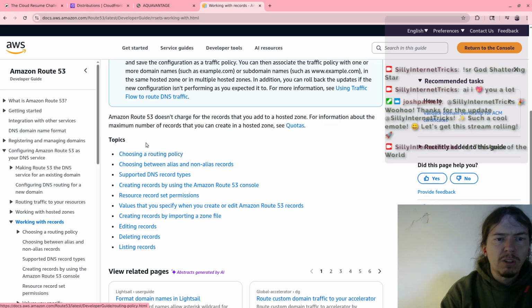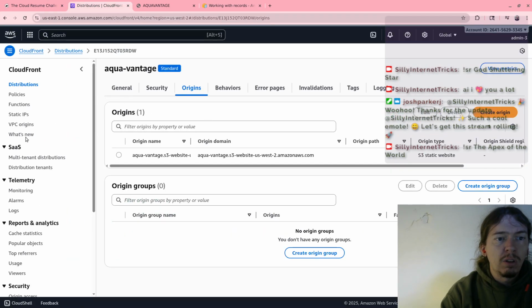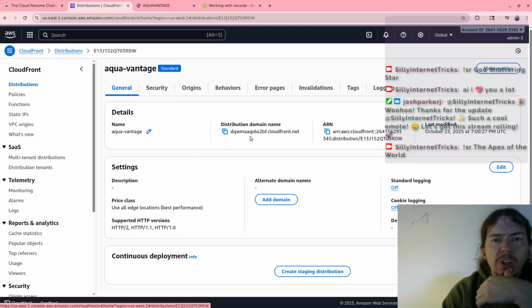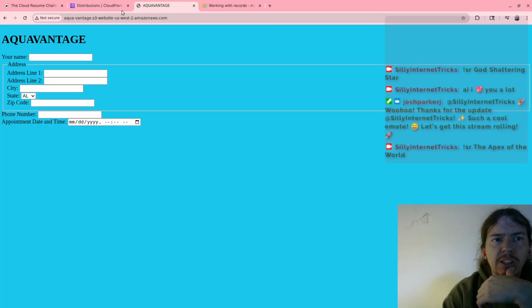Because we have the S3 bucket that we need to use, which is... To be honest, I don't think this is working correctly either. Is it?